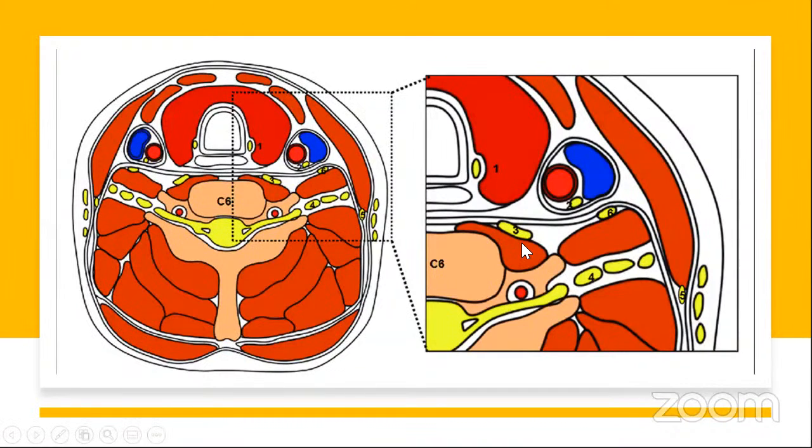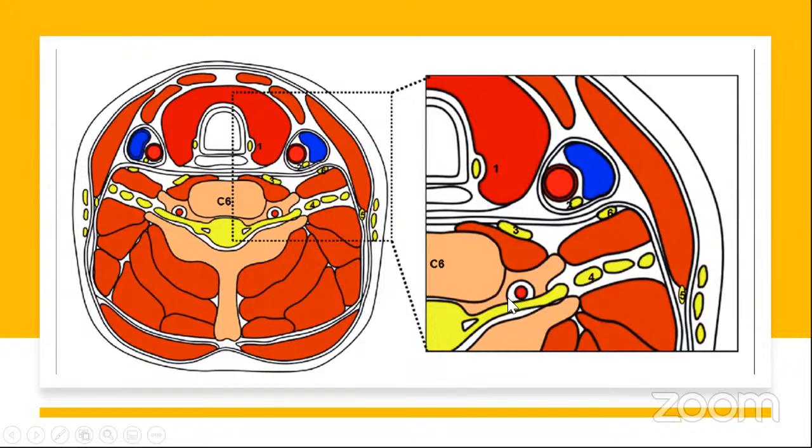The whole thing is covered with the prevertebral fascia. The carotid sheath is different, which hosts the carotid artery, jugular vein, and the vagus nerve. And sandwiched in the tracheoesophageal groove will be the recurrent laryngeal nerve. So there are plenty of nerves apart from the sympathetic chain that we are targeting. And one more important structure, which everybody needs to know, is the vertebral artery, which is lodged in the anterior tubercle in the foramen transversarium. So that's again very close to the